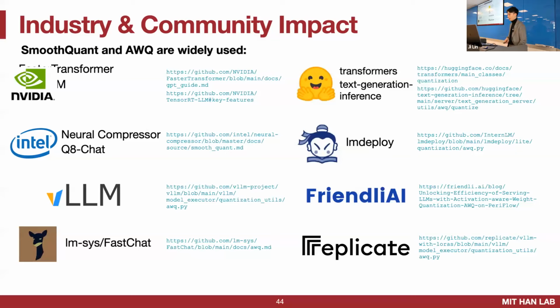For example, our work has been used by NVIDIA and integrated into NVIDIA's FasterTransformer and TensorRT-LLM, which are basically the industry standard for large language model serving. Intel also uses our method in their Neural Compressor so that they can efficiently run those quantized models on CPUs. We also work with the open source community, like Berkeley on their vLLM serving and the FastChat project. And our method is also getting into the HuggingFace Transformers and Text Generation Inference, which is another popular tech stack